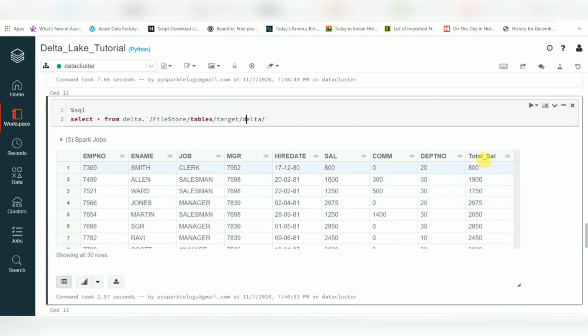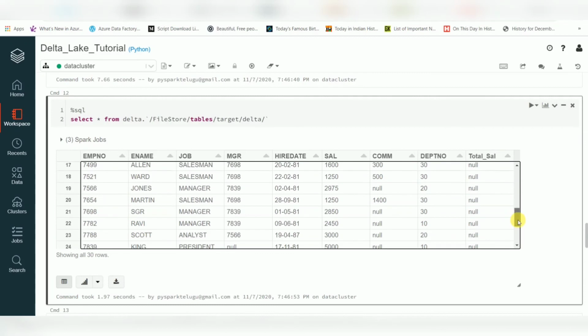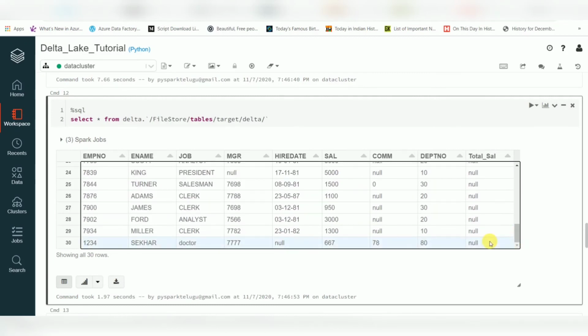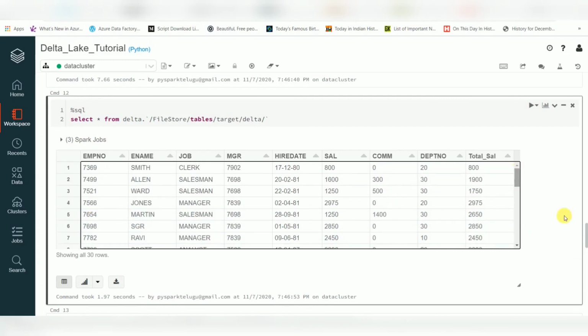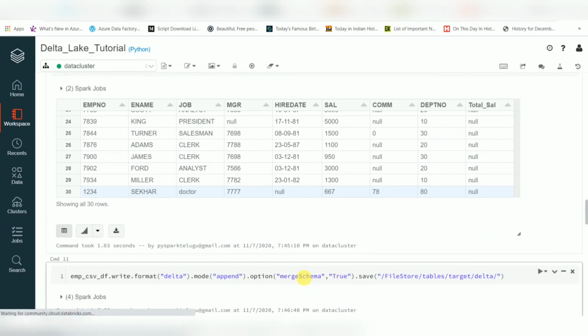Now here you see the additional column is added. New records have data, and old records do not have data because it's a newly added field. Like this we can utilize the option called mergeSchema.